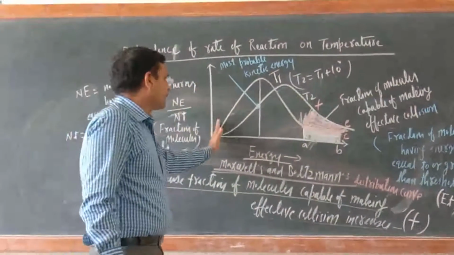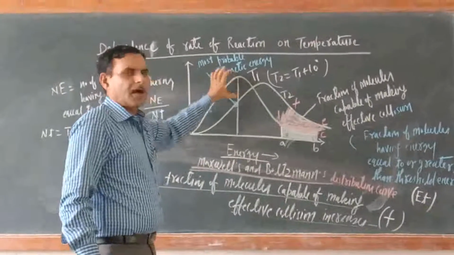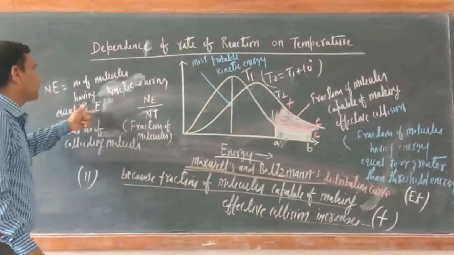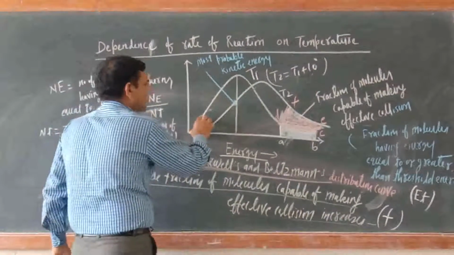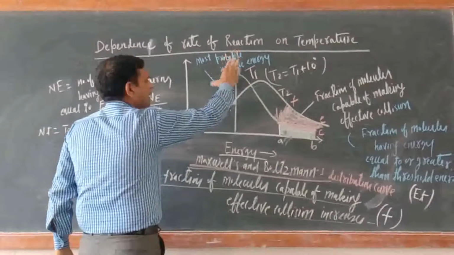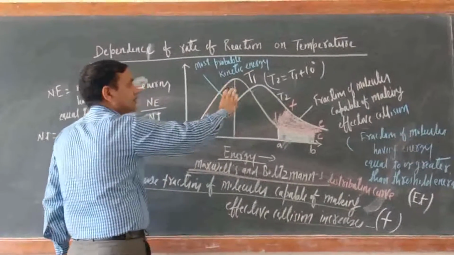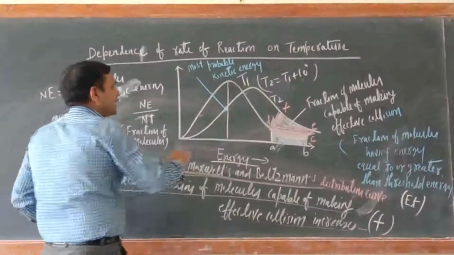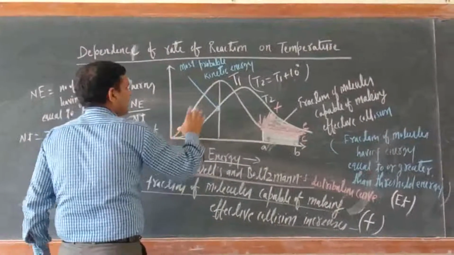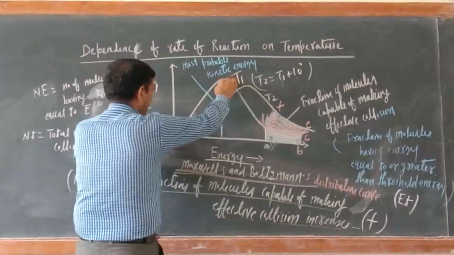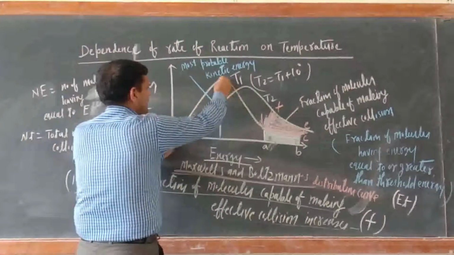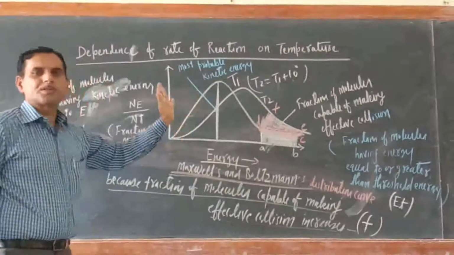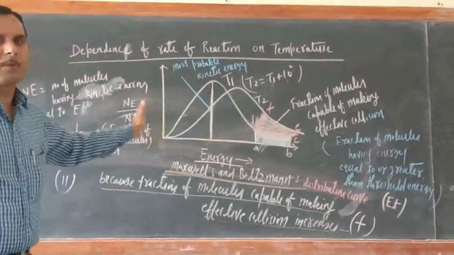So at the beginning, here and here, at both places the number of molecules whose kinetic energy was equal to E is less. You just see that much only. And here also it is less. So the most number of the molecules having kinetic energy equal to E lies in between top and low. Here only, just see, this is the most probable kinetic energy possessed by the maximum fraction of the molecules.